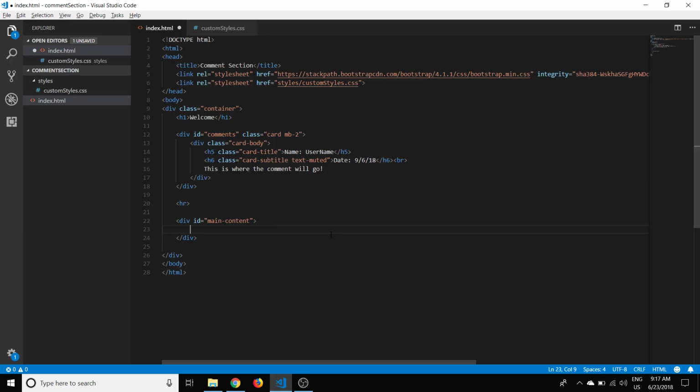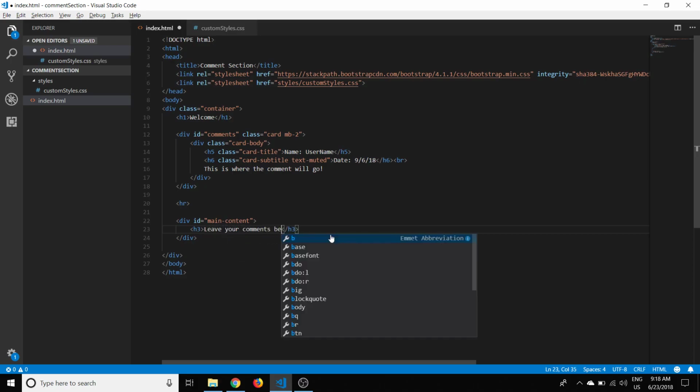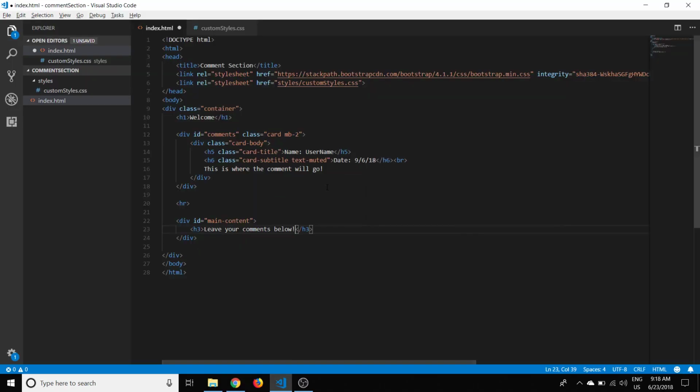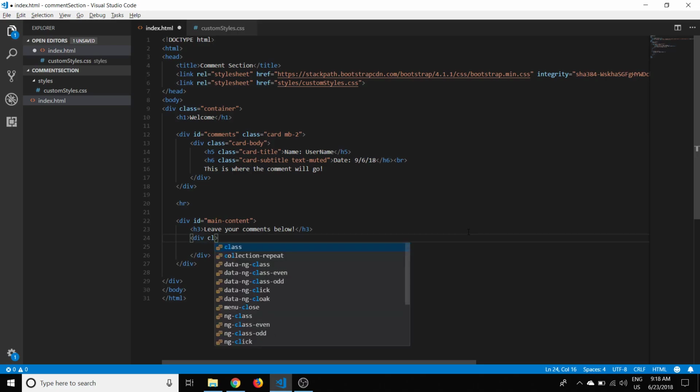So we have here an H3 header that says leave your comments below, exclamation mark, and I think it says leave you comments. This should be your comments, so let's correct that now. Leave your comments below. Great, and then we're going to make another div tag here, and this div is going to be, we're going to give it the ID